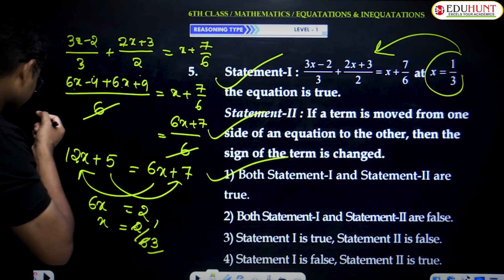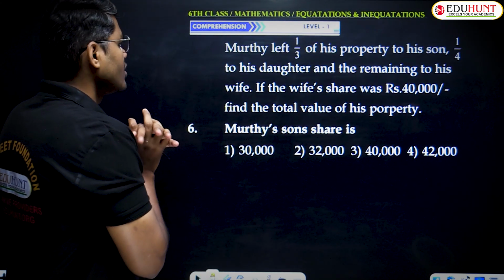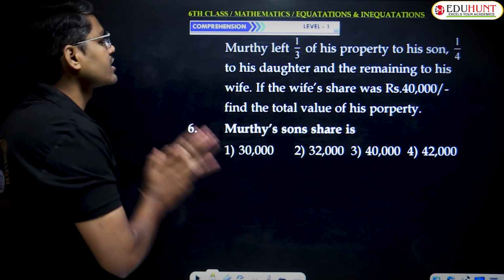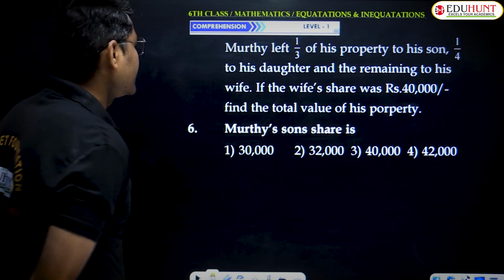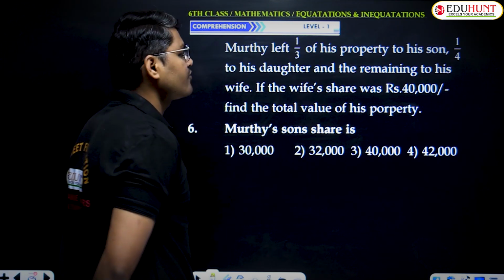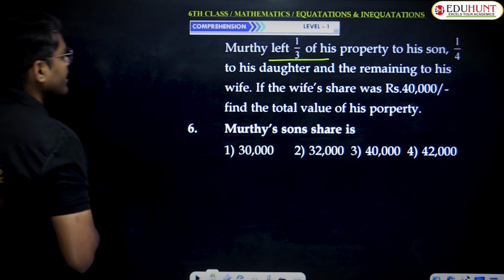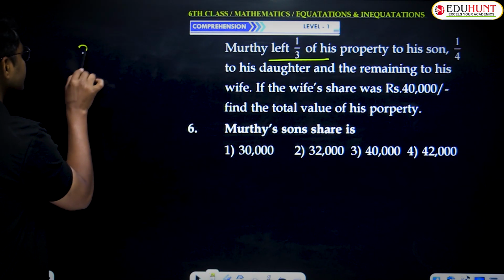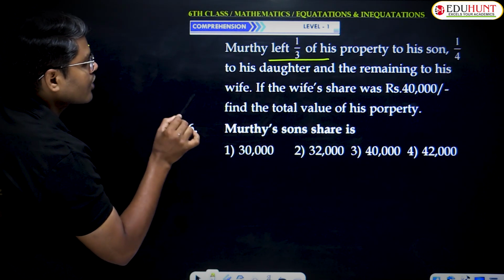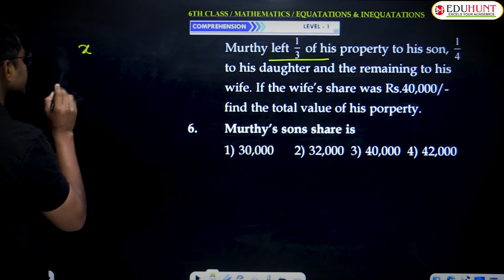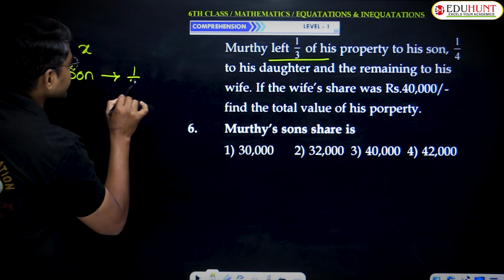Murthy left 1 by 3rd of his property to his son, 1 by 4 to his daughter and the remaining to his wife. If the wife's share was 40,000 rupees, find the total value of his property. First of all, Murthy is having x rupees with him. So, Murthy left 1 by 3 of his property to his son. That means, son's share is 1 by 3x